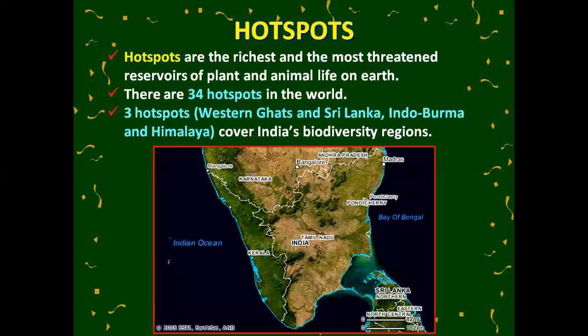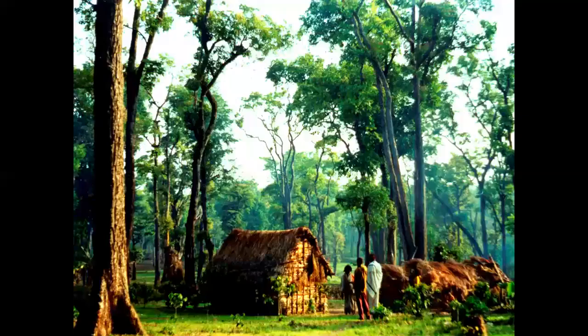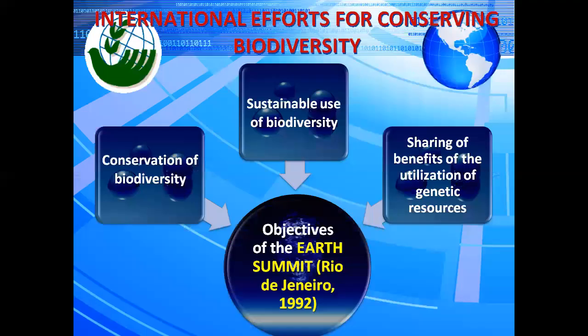Okay, there are hotspots in our India also. We have a question here: the Western Ghats and Sri Lanka, Indo-Burma, and Himalayas cover the Indian biodiversity regions. Western Ghats I am showing here. Himalayas, rare species are there. So finally, the conclusion: sustainable use of biodiversity, conservation of biodiversity, and sharing of benefits of the utilization of genetic resources